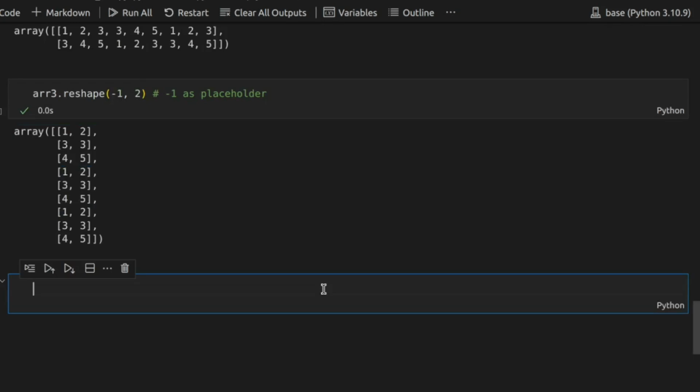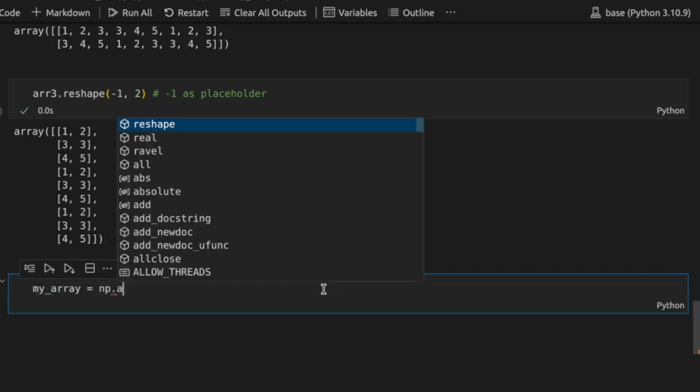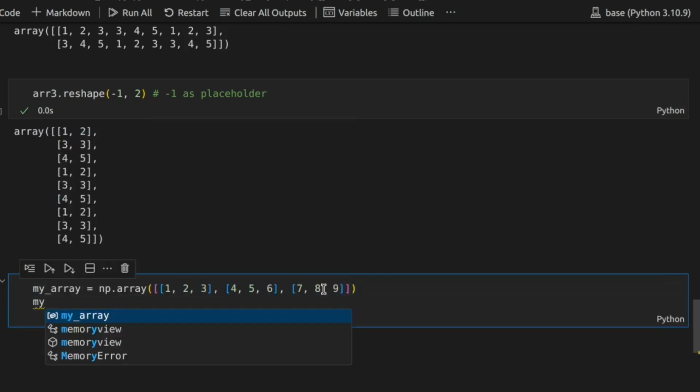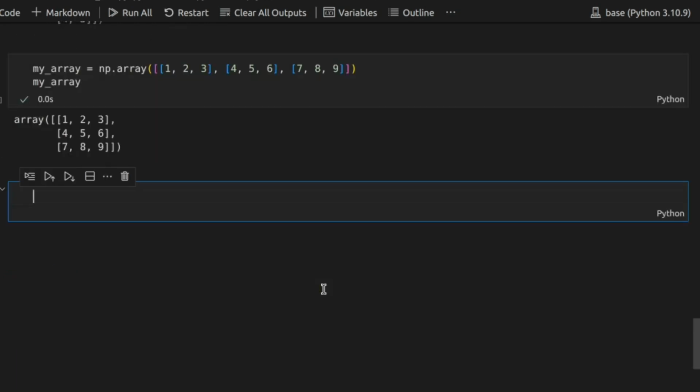Now I want to show you, let's suppose we have one more array and we want to access its elements. How can you do that? To do that, we have to use indexing and slicing. So let me show you how we can do that. For this purpose I will use one simple array, np.array. Okay, I have created my array. If you check the array, it is a 2-dimensional array,